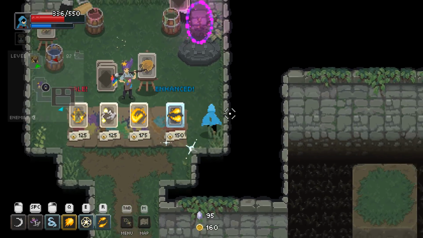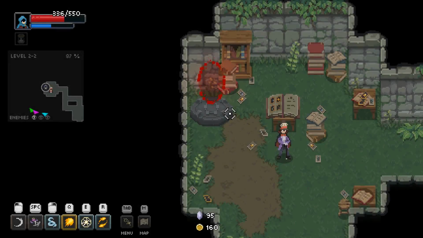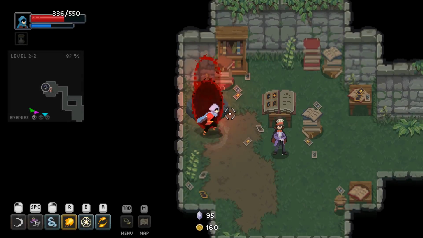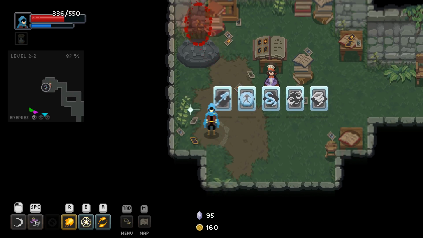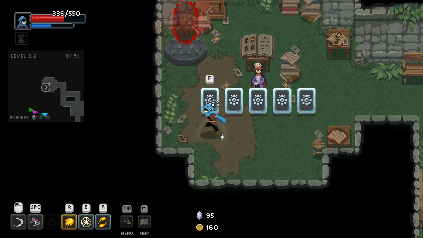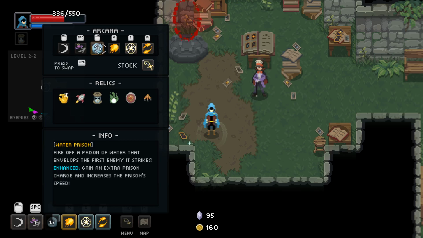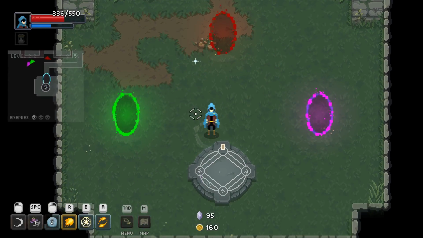Fueled Berserk is good. I mean, a lot of this is good. But... Okay, hear me out. I got an idea. We're gonna play him. What are you gonna take? They took Creeping Tendrils, which is incredible. But it requires us to get close, so maybe it's not as bad as I was thinking. We got Water Prison. Fire off a prison of water that envelops the first enemy it strikes. I don't love it, but...